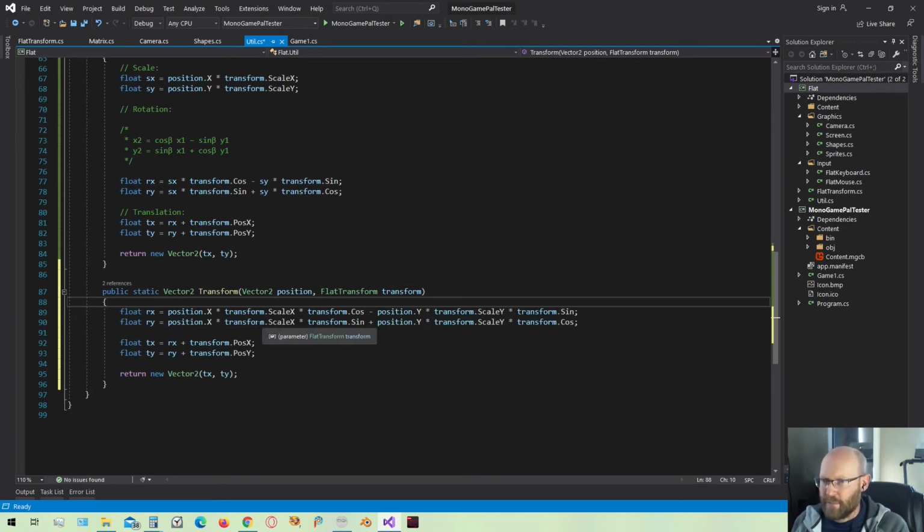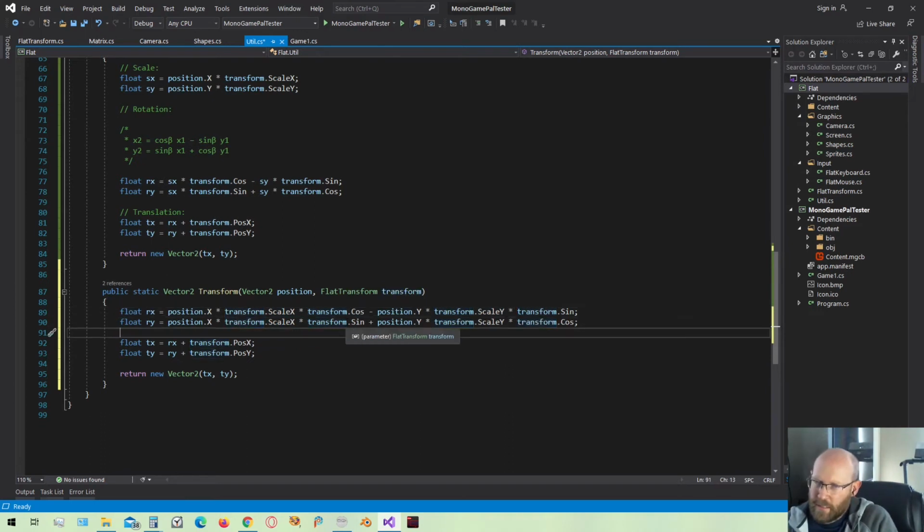It may actually be a loss at this point, because now we're doing this multiplication twice, whereas before we were doing the multiplication once. So I'm doing this scale here on the X, and then here on the X, then I'm doing the Y here, and then the Y here as well. But if you look at this, we can start pre-computing some of these terms and saving those, which should